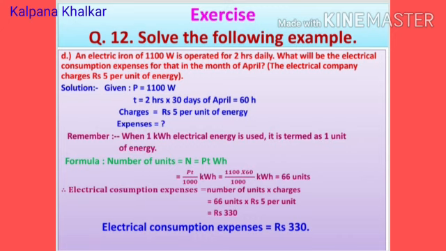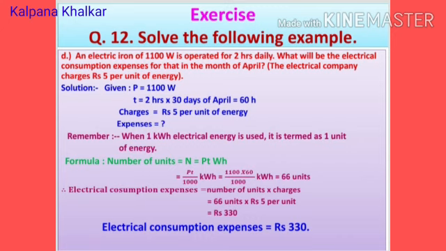To find expenses, remember that when 1 kilowatt hour of electrical energy is used, it is termed as 1 unit of energy. Formula: number of units, capital N, is equal to PT watt hour, which is equal to P into T upon 1000 kilowatt hour, which is equal to 1100 into 60 upon 1000 kilowatt hour, which is equal